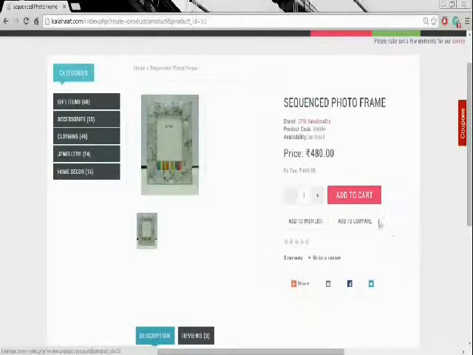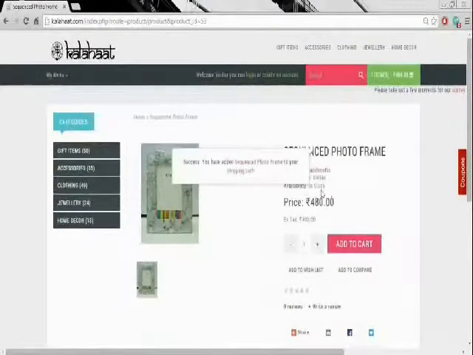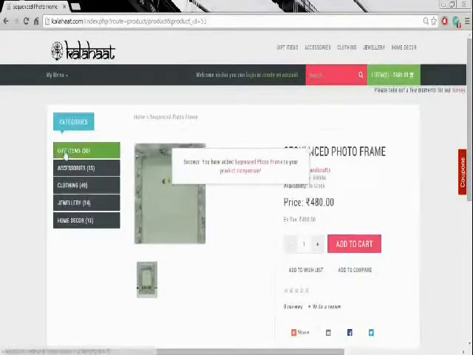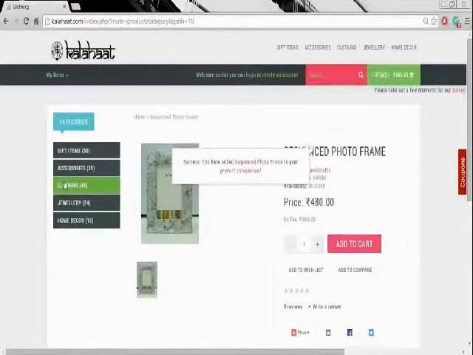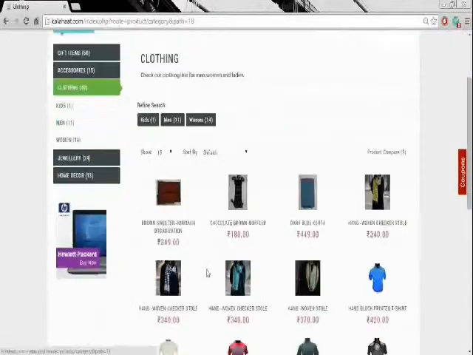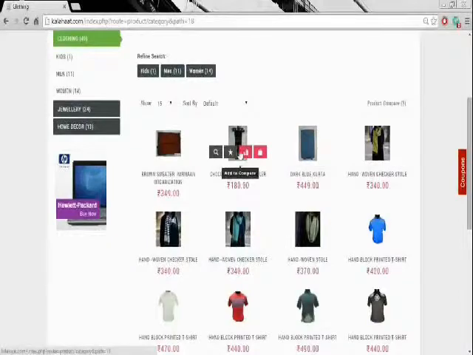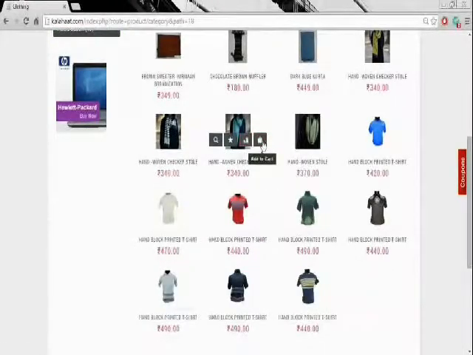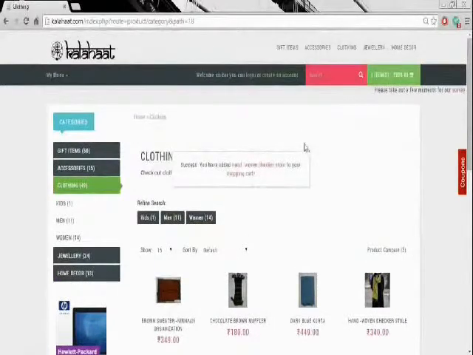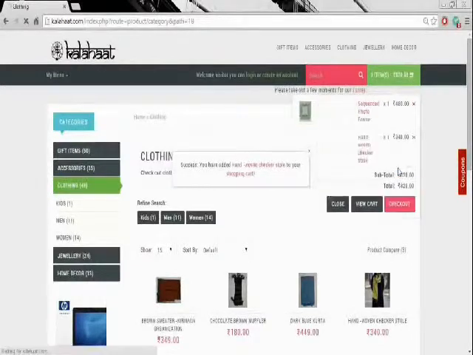If you wish to buy the product, you can simply click on add to cart and it will be added to your shopping cart. To compare, you click to add to compare. Moving on, we have various subcategories in each of the categories, and on each and every product you have 4 options: to view more, add to wish list, add to compare and add to cart. So basically you can just go on a product and with a single click you can add to your cart. Once you have finished shopping, you can simply click on this button and check out.